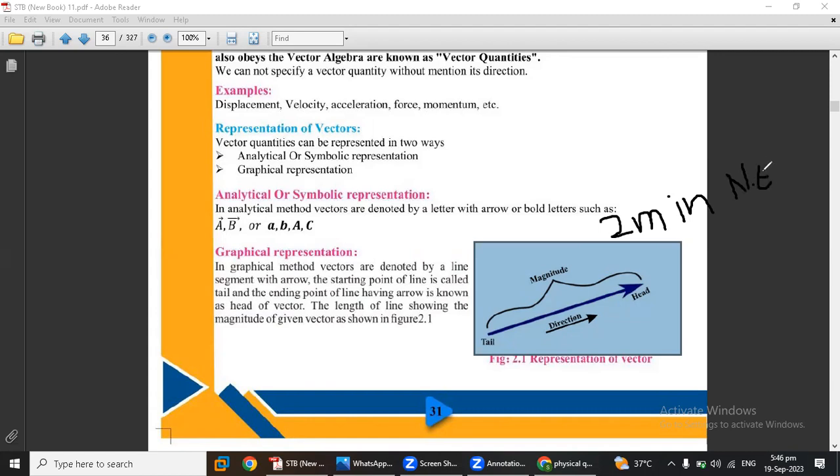First of all we need to see कि northeast कहाँ पे, northeast is definitely over here, okay. तो यहाँ पे नॉर्थ ईस्ट है, तो हमें पता चल गया कि डायरेक्शन नॉर्थ ईस्ट की तरफ होगी। मैग्नीट्यूड कितना है, 2 मीटर। तो हमने स्केल लिया, यूनिट बनाया, और ग्राफ पे 2 मीटर की लाइन लगाई जो टुवर्ड्स नॉर्थ ईस्ट है, तो वो बन गया एक ग्राफिकल रिप्रेजेंटेशन ऑफ अ वेक्टर। दिस इज इट, ओके।